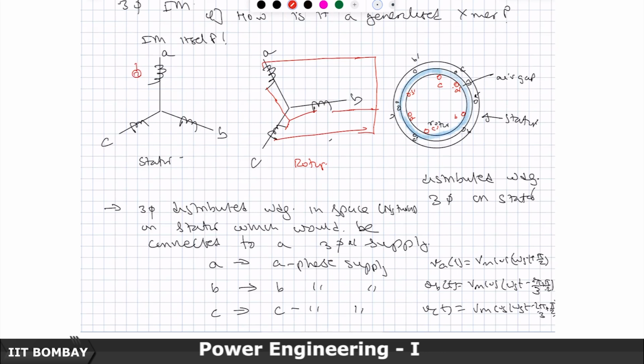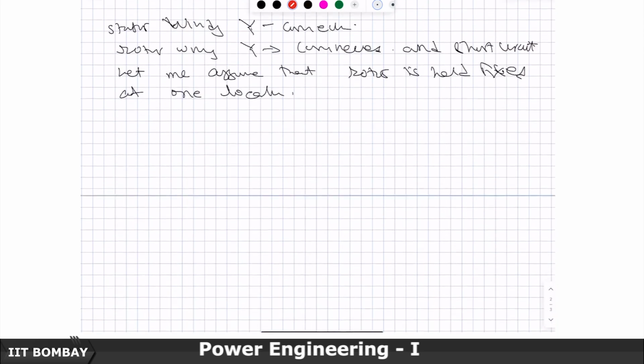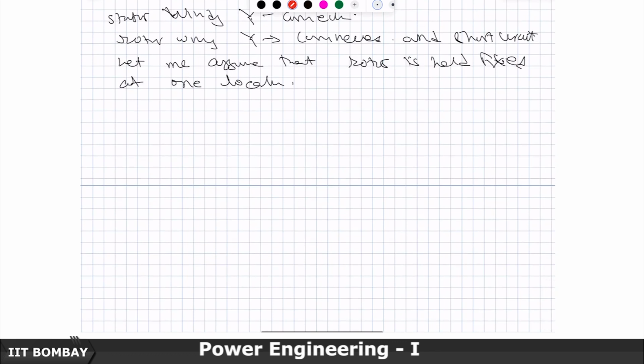This is connected to your supply VA, this is connected to your supply VB, and this is connected to your supply VC. So, the 3 windings are connected like that. Okay. Now the next question is,